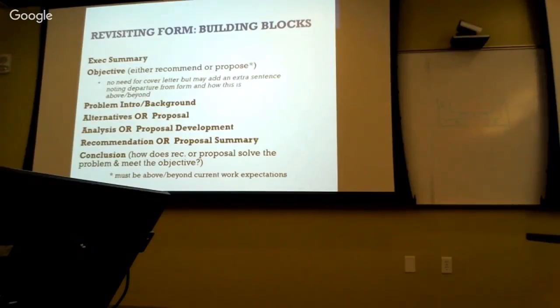Proposal development, you're going to be taking section by section and saying, why is this ingredient part of the proposal? So it's going to be very similar to what you're doing alternative by alternative. You're going to be doing section by section in your proposal. Why does that belong there? Why is that justified, using evidence? Does it achieve any particular values that are important? If it doesn't, then you've got to revisit that. But this is going to be the same. You're exploding this a little bit, looking at each alternative at a time, looking at each piece of the proposal at a time. So I don't see that taking less space necessarily.